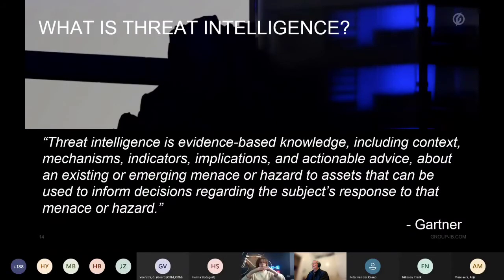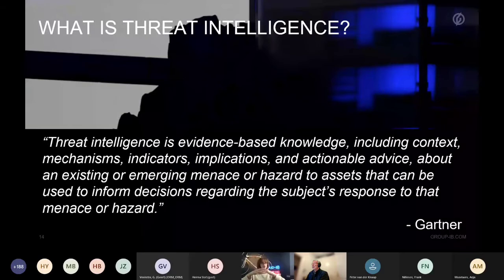The problem is that if we see an attack within our perimeter, if we see something happening, it's potentially already too late. It's already in the network. It's potentially already causing damage, or worse, the attack happened a month ago and we're only finding out about it now. What threat intelligence is doing is looking at what's going on outside the perimeter, so you can predict